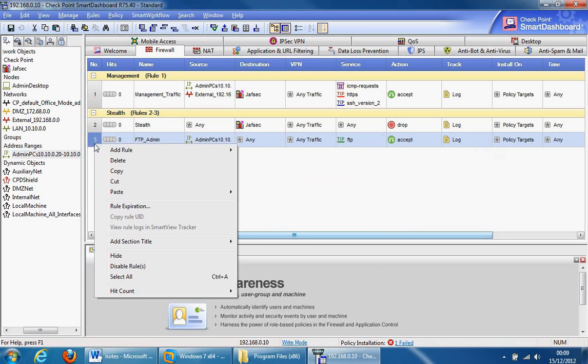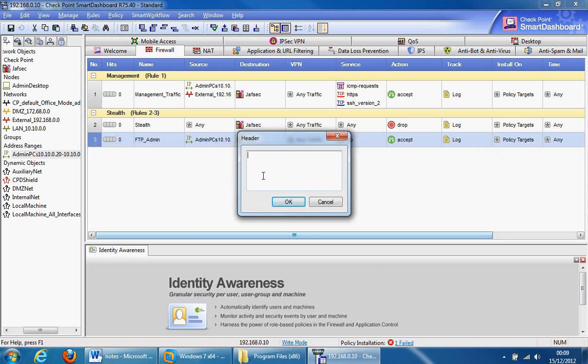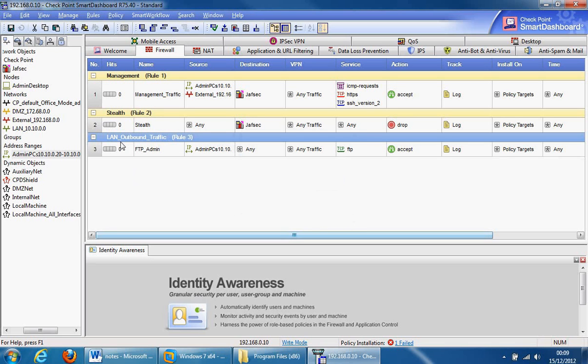Just above this, add a section title, call it something like LAN_outbound_traffic, or internet traffic, or anything sort of similar, so you can recognize what type of rules they are for. The next rule we'll create